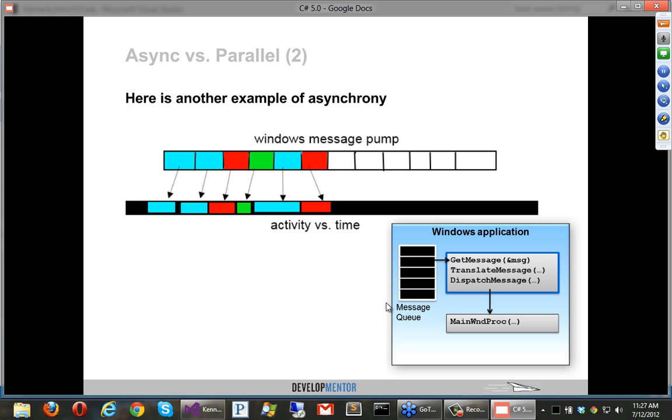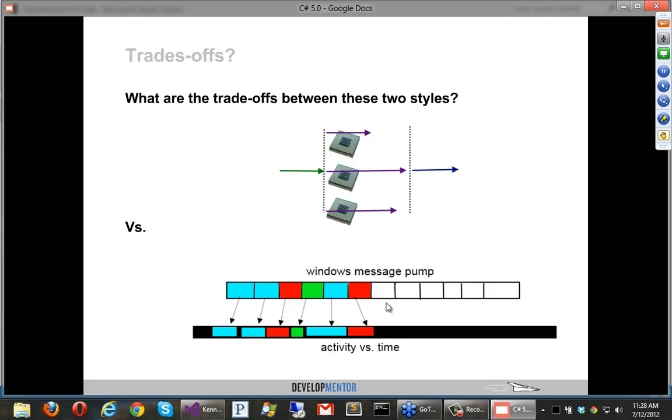So you'll see that C#5 actually supports both of these. Okay? So what's the trade-off? Well, if we choose the top way, we have a lot more thread safety concerns because we actually have stuff happening on multiple threads at the same time, right? So we've got to be really careful about race conditions. The programming model is more difficult, right? We've got to kick off a bunch of things and then gather up the results. That can be really tricky, and so on. The version on the bottom is simpler.